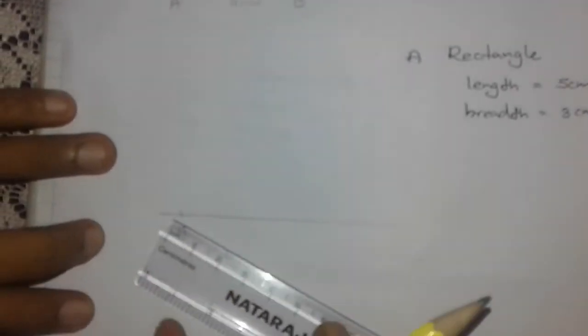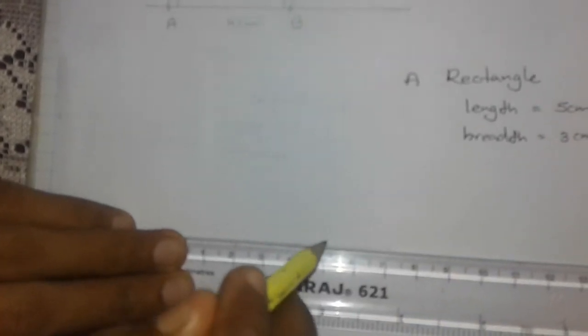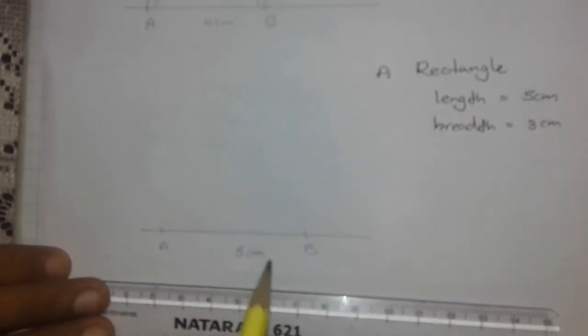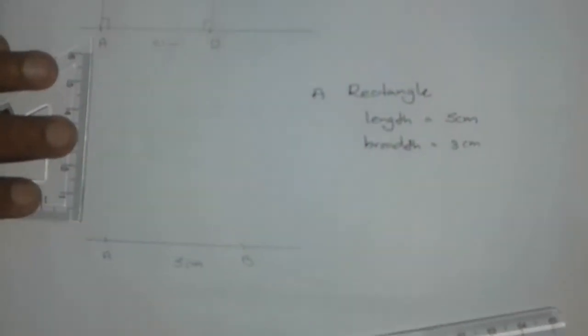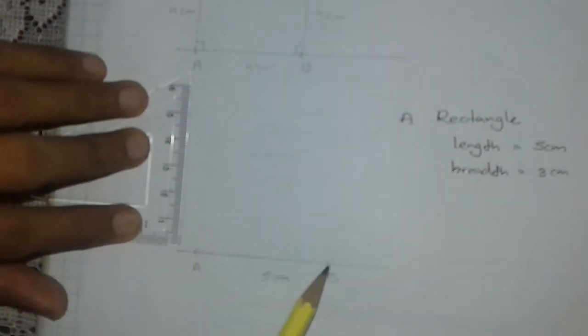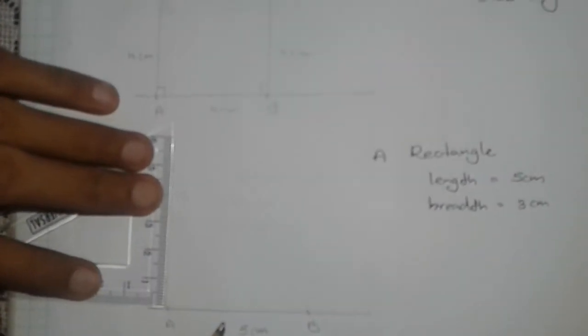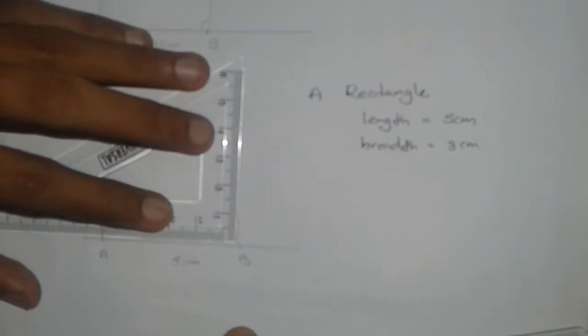Okay, now draw a line like this and mark the point A. Then I am going to measure 5 centimeter from the point A. 5 centimeter. Here is the point. I marked it as B. It's a 5 centimeter length. Okay, then use the previous method. You have to draw a perpendicular line segment at the point A and also at the point B. So use your set square. Keep the set square like this. Same way, draw a line. And here also.